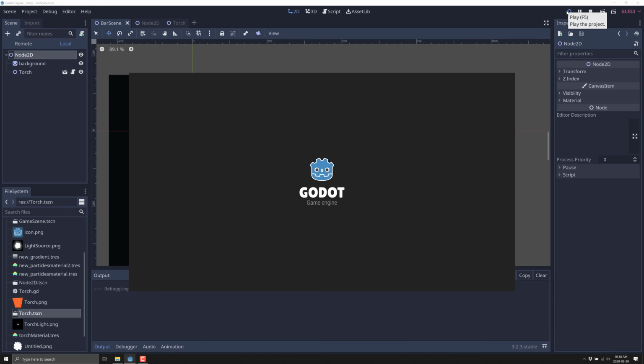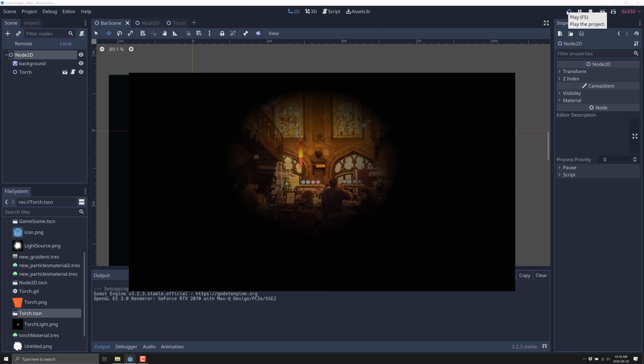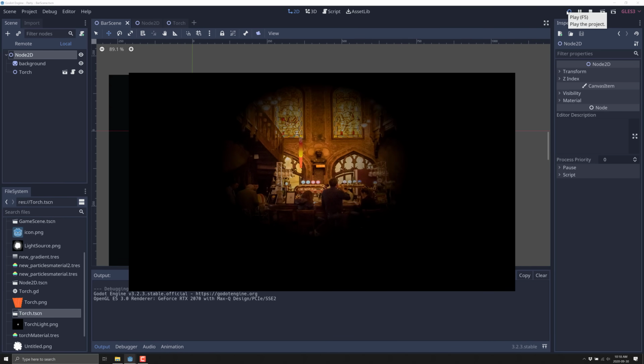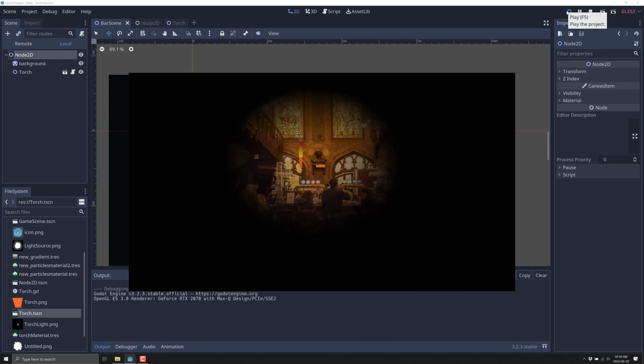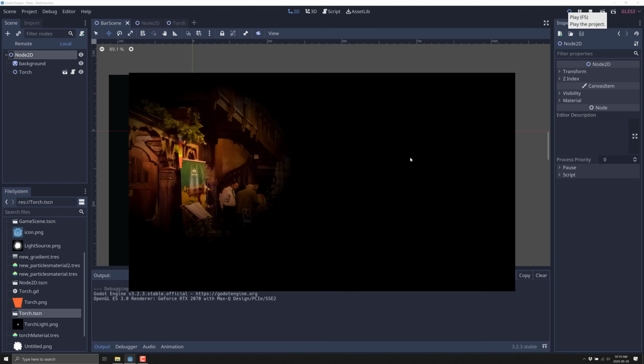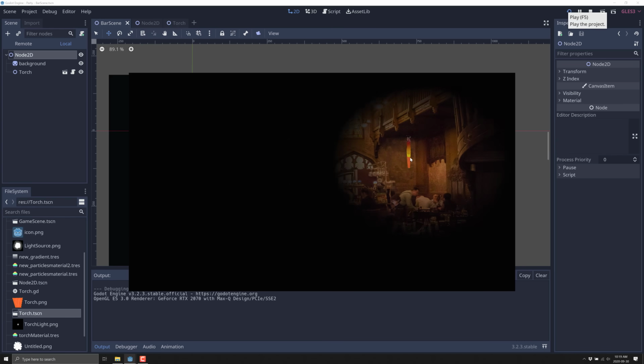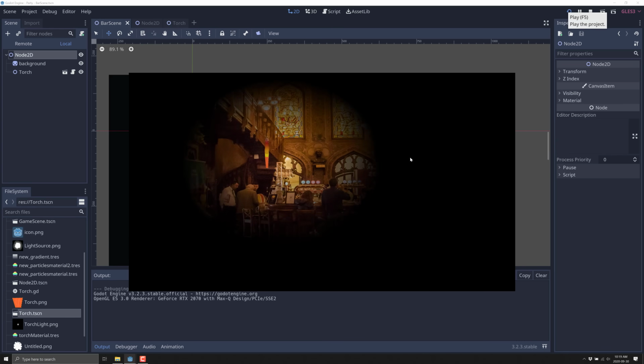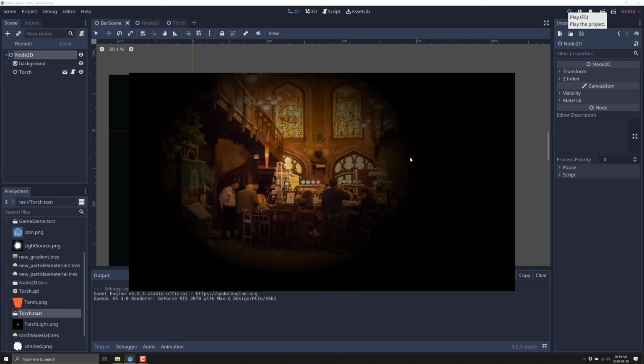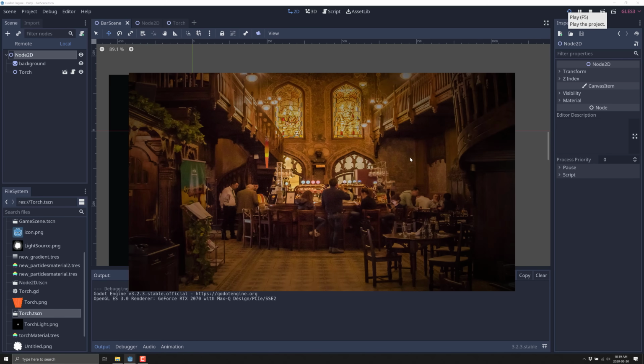If you go ahead and play this, one thing to be aware of, there's actually a bug in Godot. If you've got multiple monitors, I'm running this on 4K. My other display is 1080p. So when you go full screen, this is what you get. So be aware of that. But here is the example we are going to make. You can move the torch around and you can see how it's going to light up your scene. We can also change the intensity of the torch, like so. And like so. And we're going to look at all of these things.